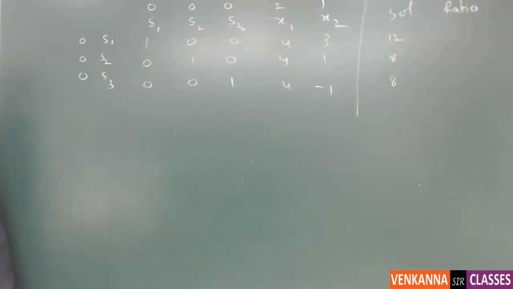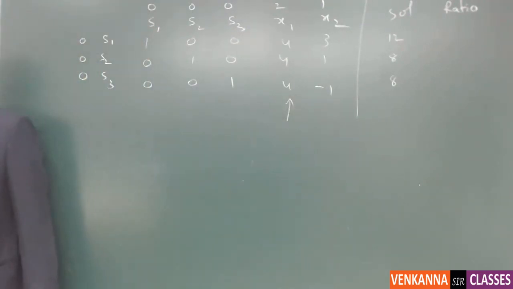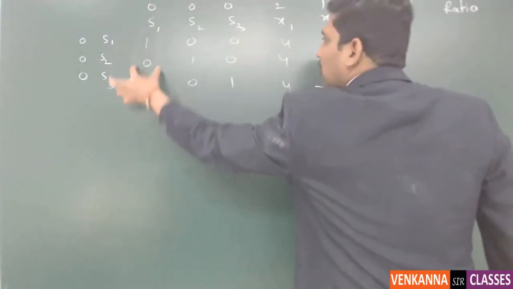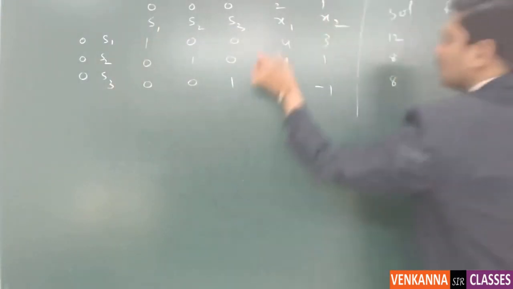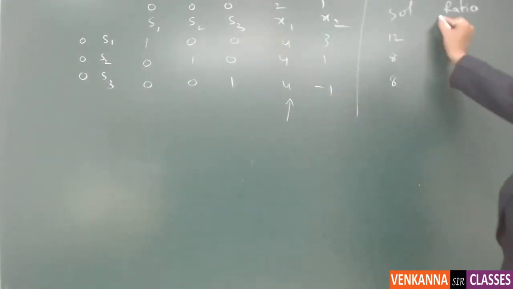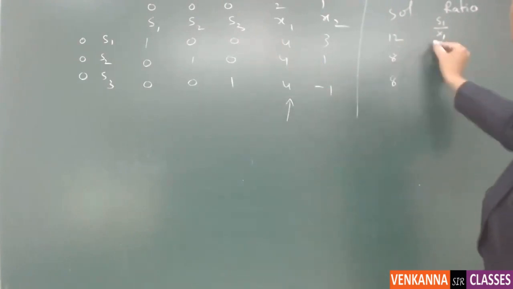You have already selected the key column earlier. Please remember, X1 is the key column. You have already selected it in the previous level. The thing is, when you are going to set the pivot element, you have a tie. So what happens? You take the first column and divide this column by the key column elements. So you are doing it like this: S1 by X1. It will be 1 by 4,